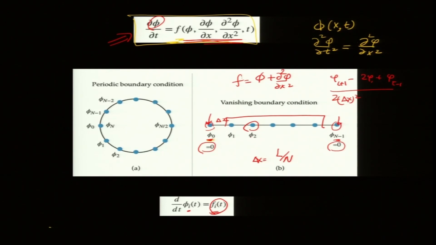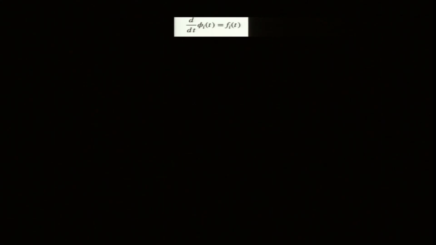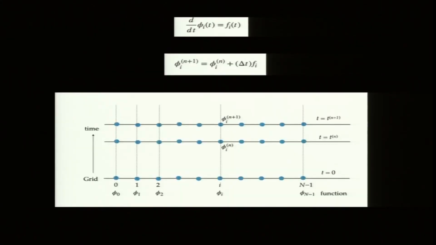Okay. Got it? So, I have n minus 2 differential equations, ODEs, and I time advance them. This is t equal to 0. So, I have n points. I am ignoring right now this subtlety of boundary condition, and I just go from time t to time